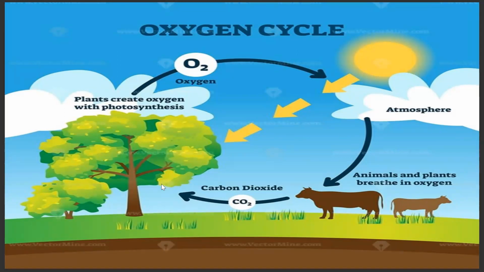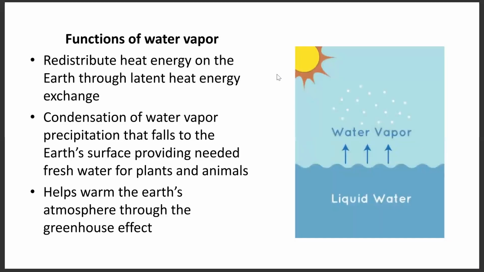So when we talk about the oxygen cycle, others call this the oxygen-carbon dioxide cycle. When we produce oxygen, that is the process of photosynthesis. And once this oxygen is utilized by animals, the process is respiration, wherein we produce carbon dioxide, which in return will be taken in by our plants. So that is your oxygen-carbon dioxide cycle.